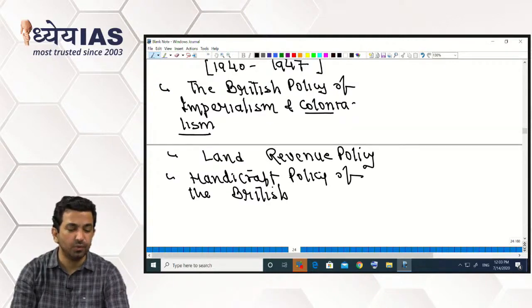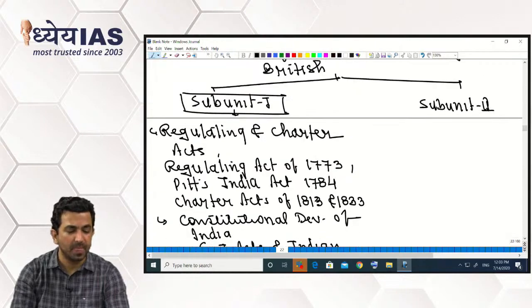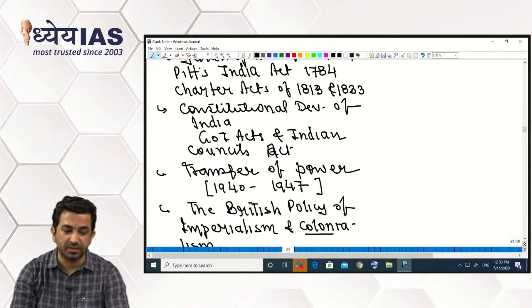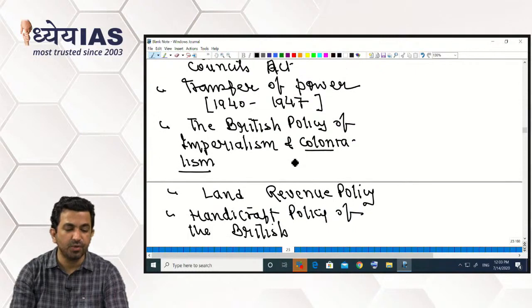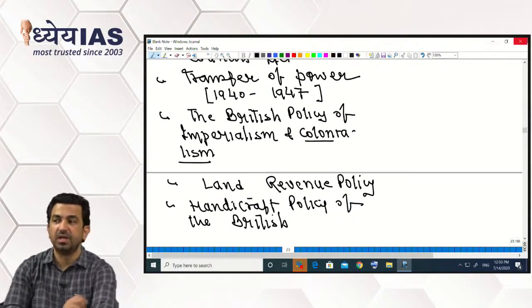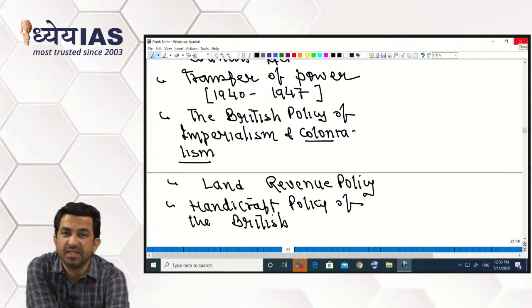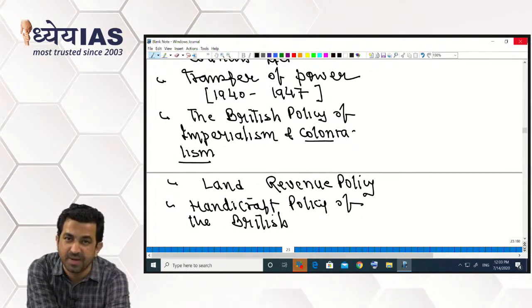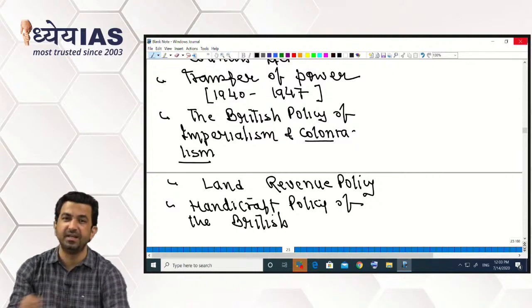So unit 2, subunit 1, includes several policies, various policies adopted and implemented by the British in India,